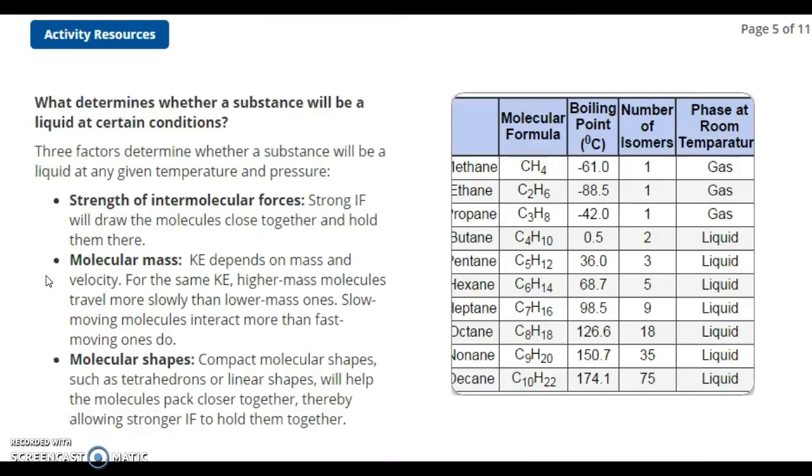Molecular mass. Kinetic energy depends on mass and velocity. For the same kinetic energy, higher mass molecules, so really big ones, really fat ones, travel more slowly than lower mass ones. Now, I use the term fat so you can think about it. If I had an Olympic sumo wrestler and he was racing a gymnast for the 100-meter dash, who would win? The gymnast,